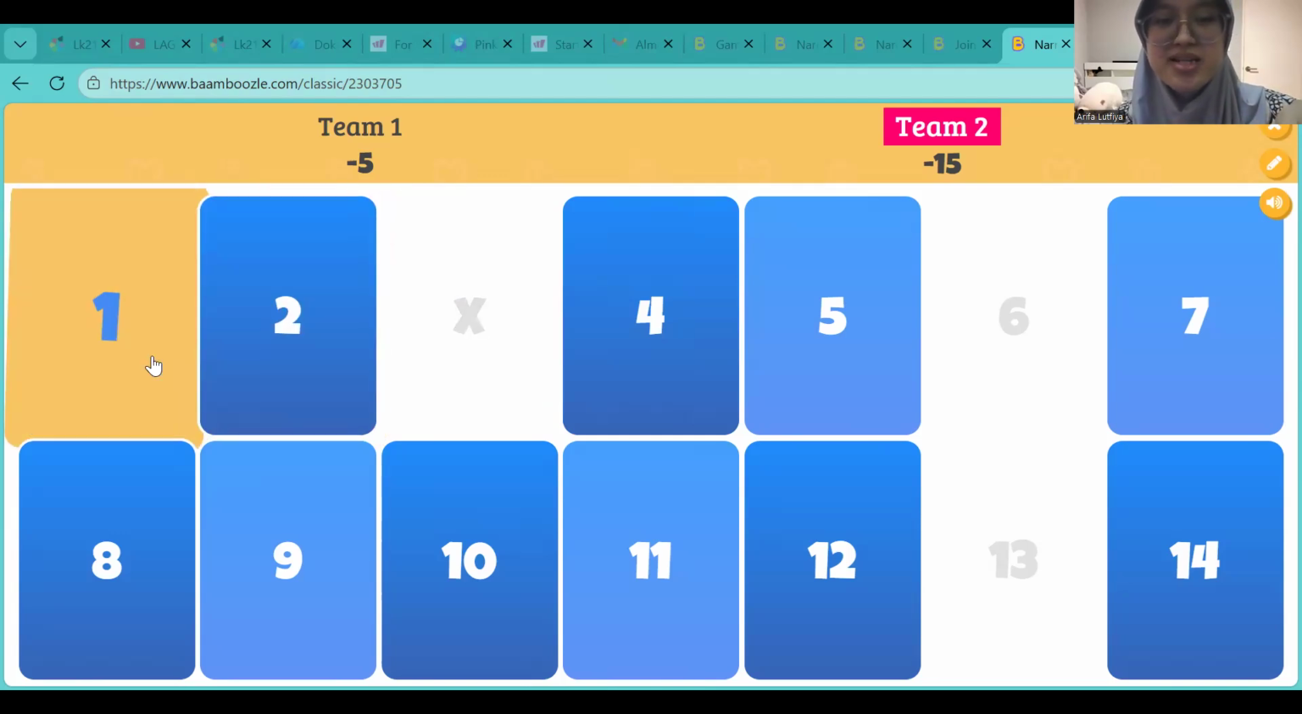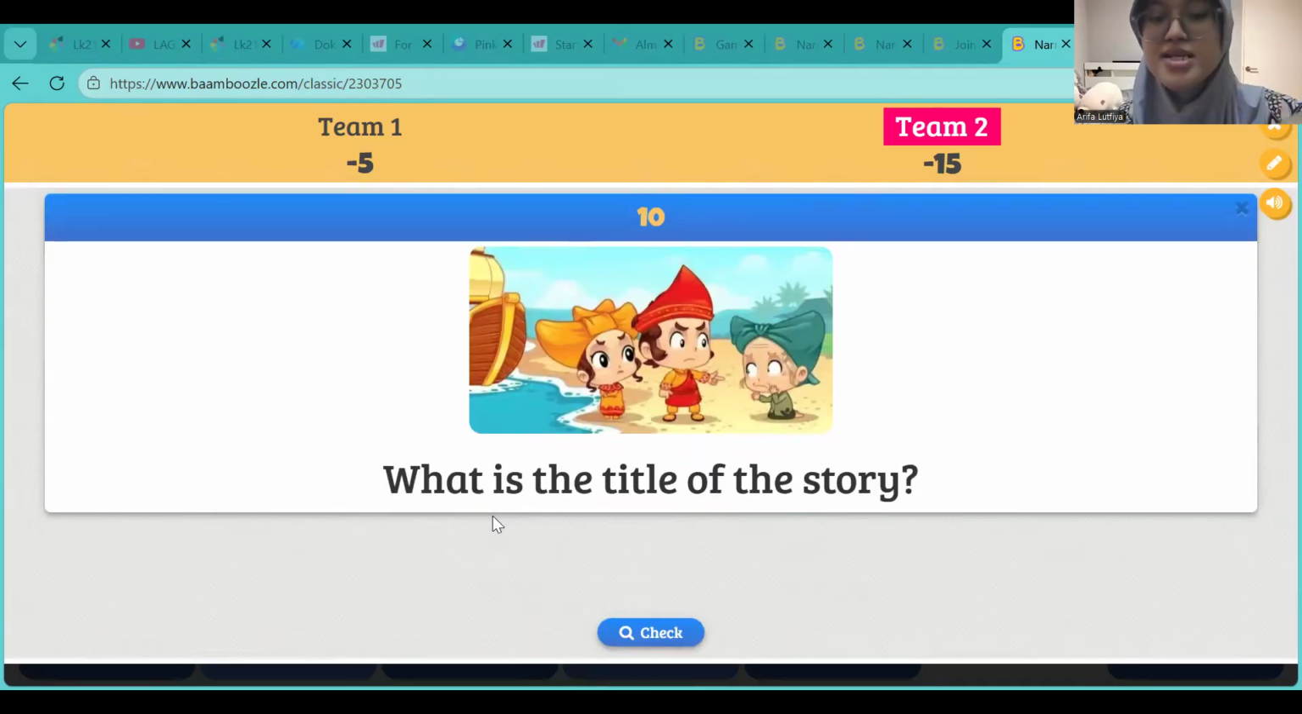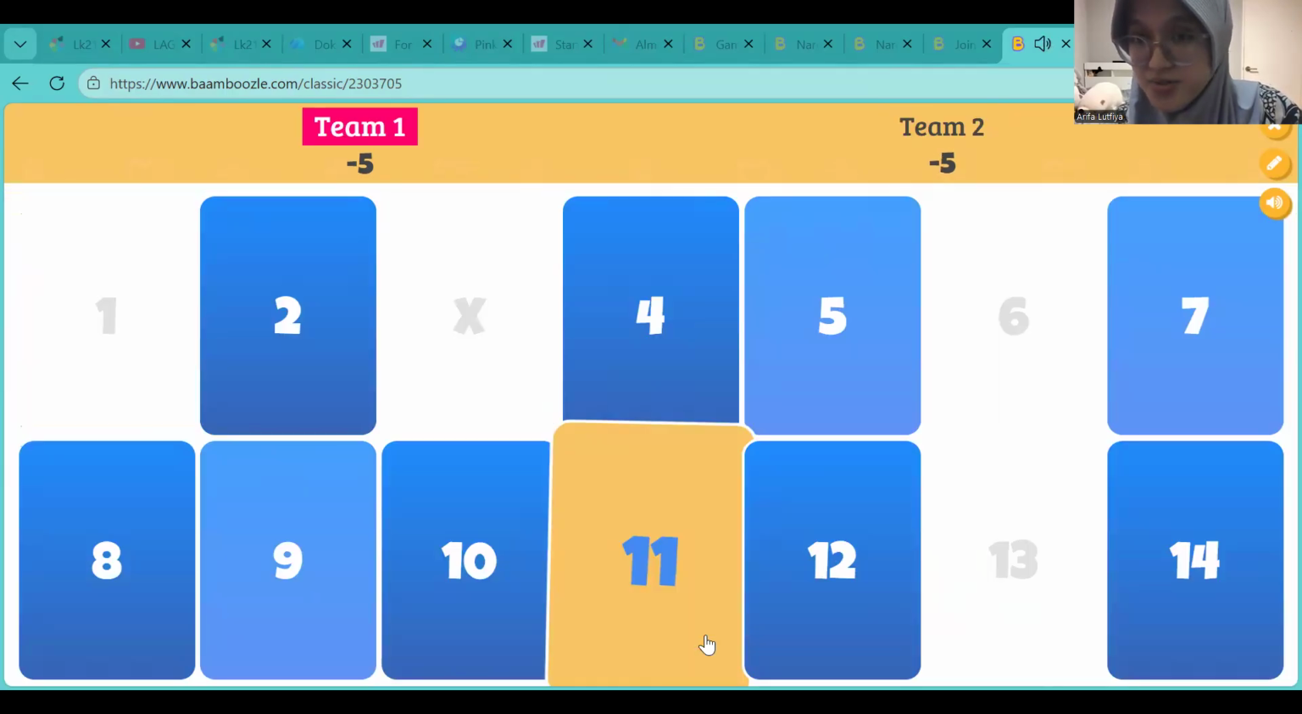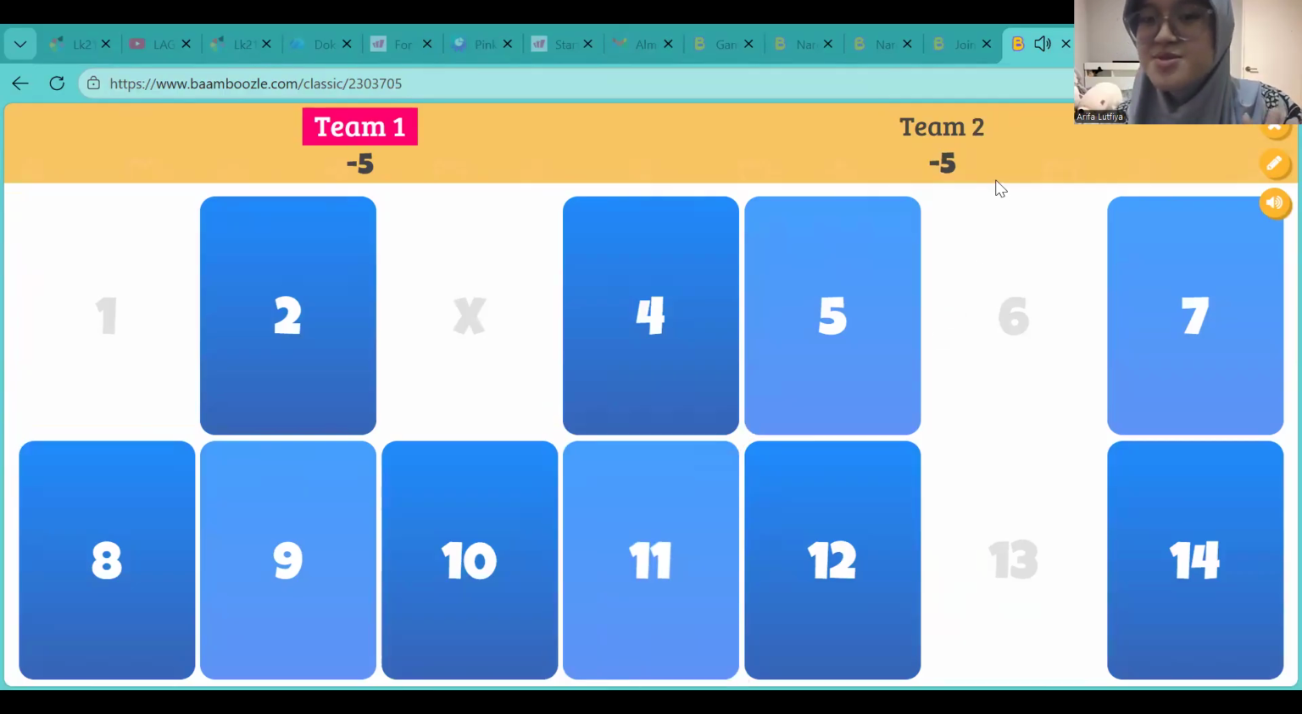And then we will try again for team 2. What is the title of the story? We will check. Malin Kundang, is that true or not? For example, if team 2 think that this is right, I will help them to click OK. Is that true? That's true. So team 2 got 10 points, and their point now is minus 5,